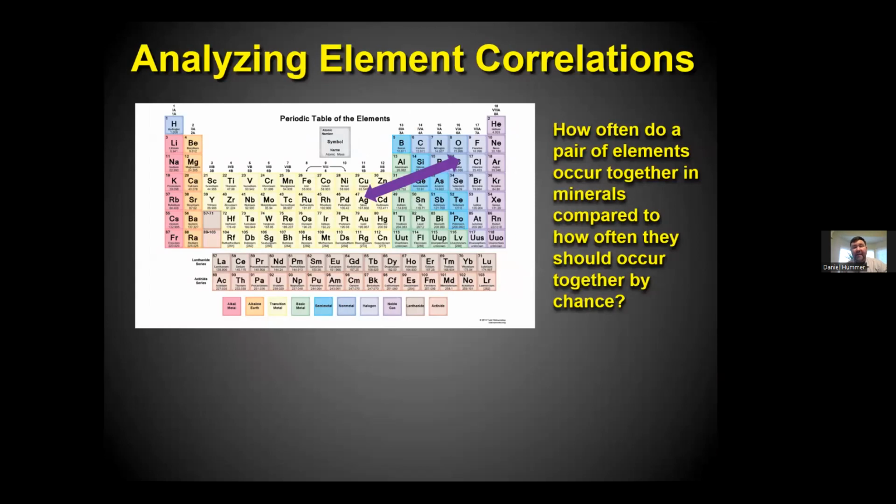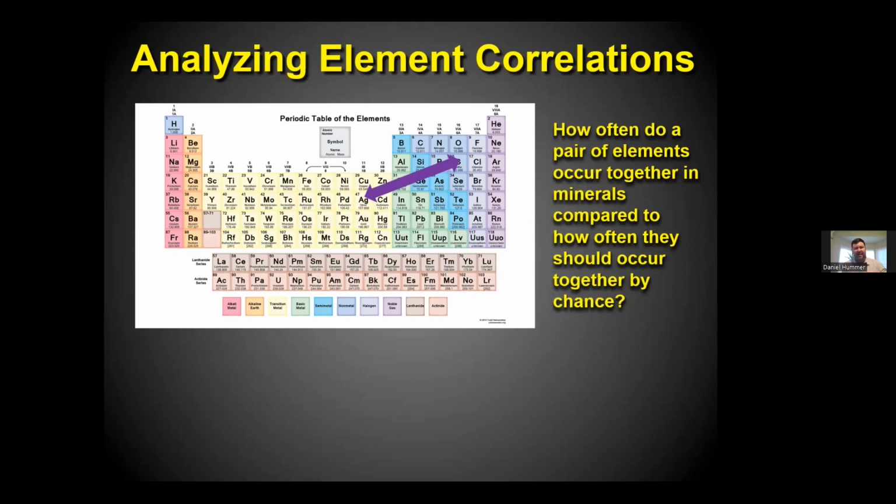So another thing that I have been working on, particularly recently, is analyzing the correlations of elements that co-occur together in minerals. Of course, we already know, qualitatively speaking, about patterns of certain elements getting together in certain minerals. We know, for example, that some elements are lithophile, some are chalcophile, and so forth. So that governs a lot of their chemical behavior. But I wanted to do a very rigorous statistical analysis to quantify those tendencies.